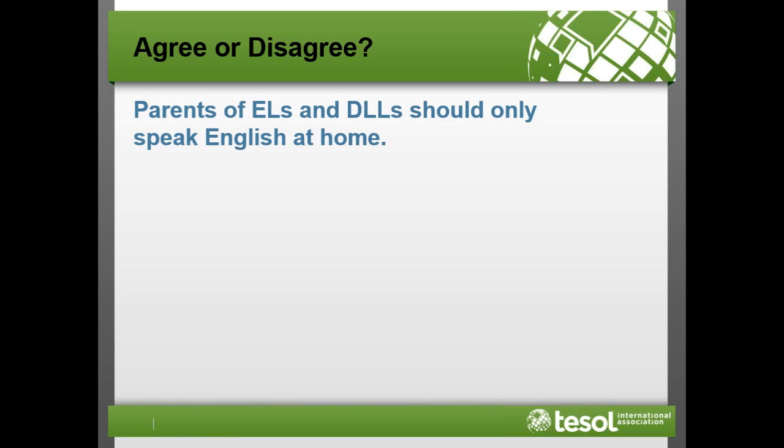So the next statement is parents of English learners and dual language learners should only speak English at home. And so what do you think about this? Do you agree with this or disagree? And actually, now that you've had a minute to think about it, parents should provide a strong model of correct